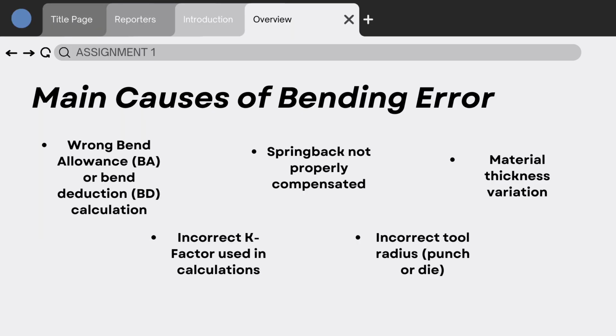The main causes of bending error, there are 5. First, wrong bend allowance (BA) or bend deduction (BD) calculation. Second, incorrect K factor used in calculation. Third, spring back not properly compensated. Fourth, incorrect tool radius, punch or die. Fifth, material thickness variation. Bending error mainly happens because several related factors affect how the sheet metal deforms during the